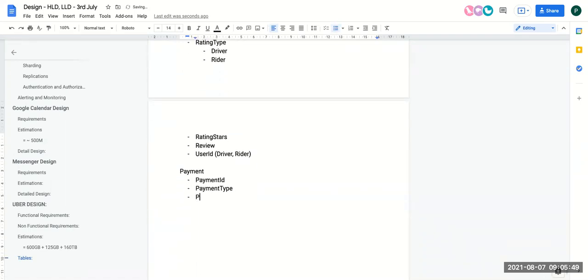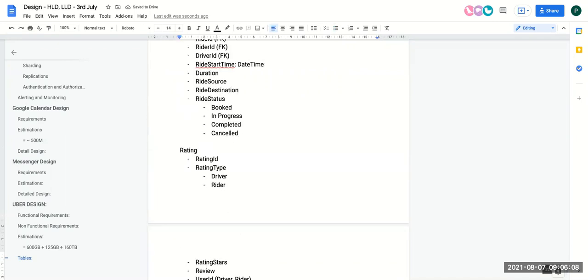We'll have payment details, payment status. We also have to capture the ride ID for which this payment is made, correct? So this is my foreign key. These are the basic information we can store as a part of the payment table.